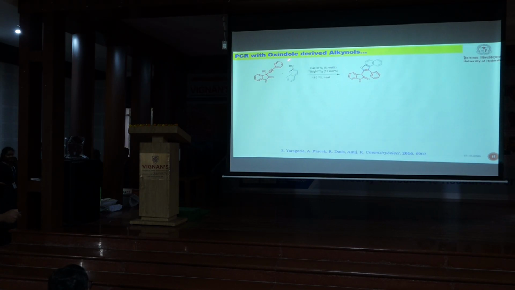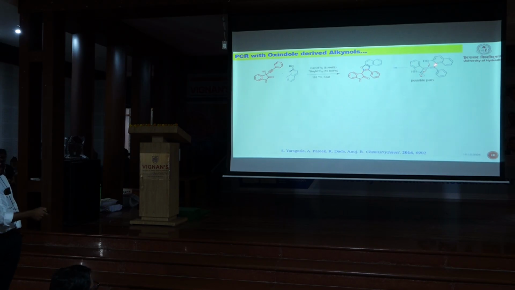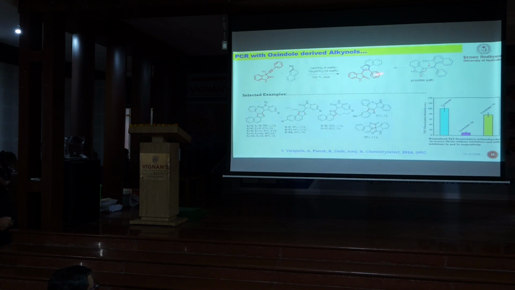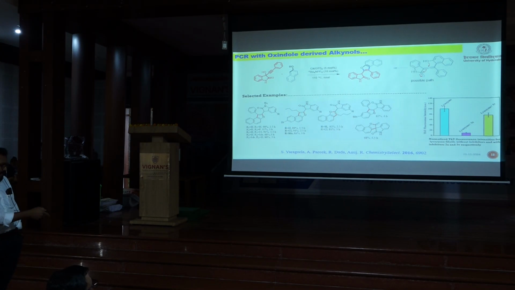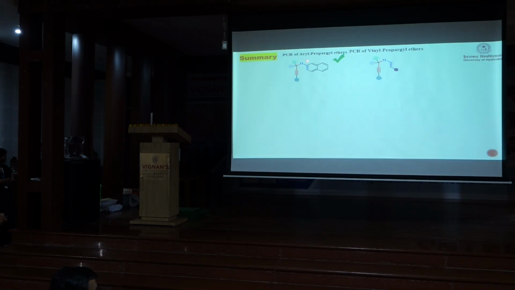Of course, we also added simple naphthols to oxindole derived propargyl alcohol to generate naphthopyrans, thinking that it is still through propargyl-Claisen rearrangement, because we didn't isolate the propargyl ethers, but still we believe that it is proceeding through propargyl-Claisen rearrangement. We also did some preliminary Alzheimer's studies for these planar scaffolds. With this, what I showed you is, we were successful in demonstrating propargyl-Claisen rearrangement beyond allenes, not starting from the propargyl ethers. That is the point one.